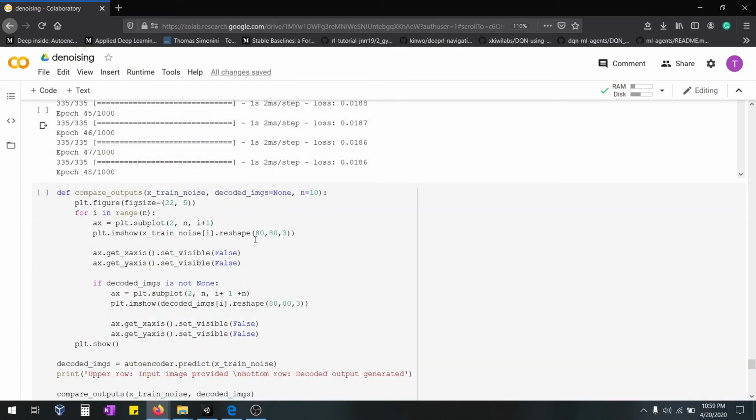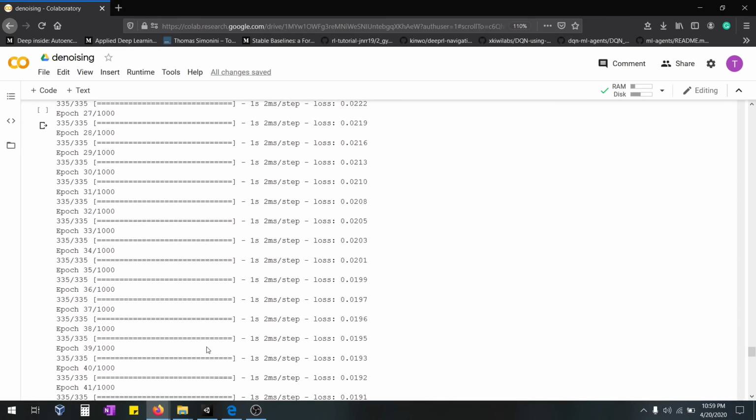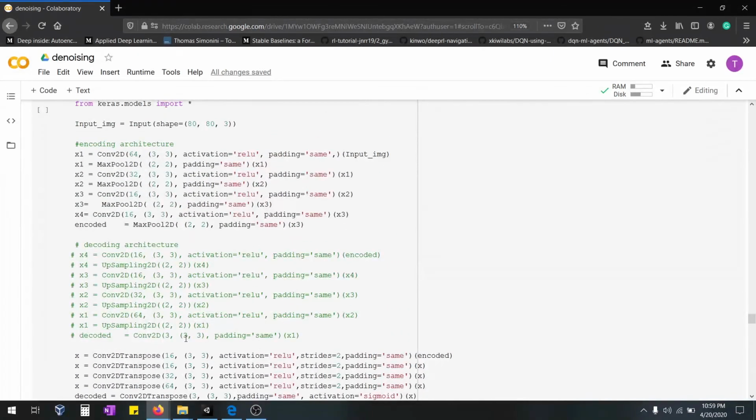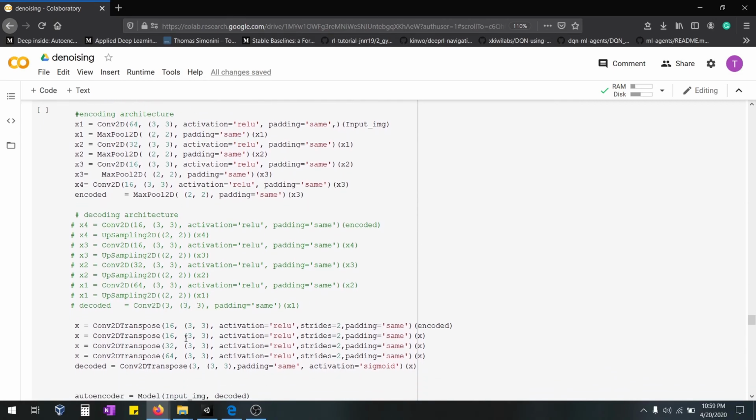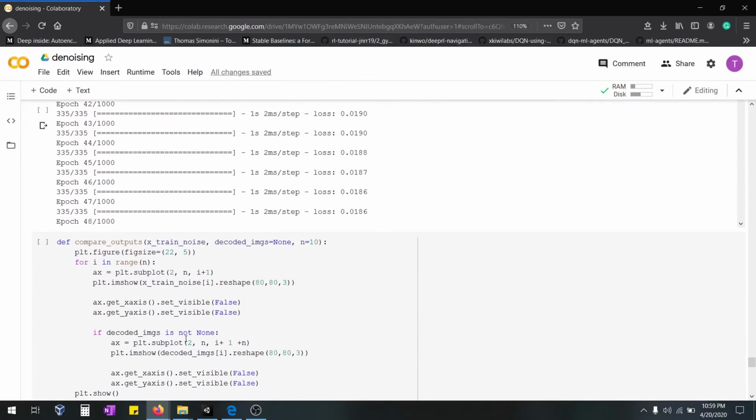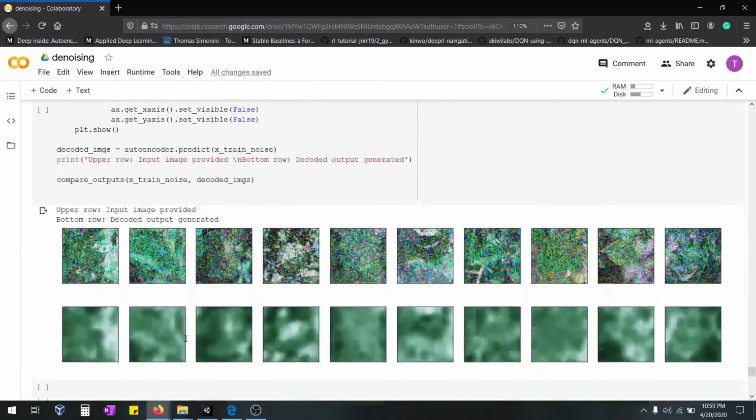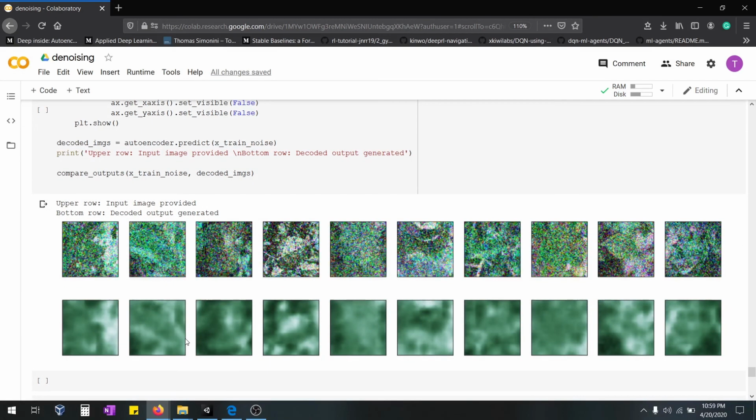In the official paper they use the fashion dataset, where the image dimensions are 28 by 28 by 1. Here we're using 80 by 80 by 3. You can reduce the image size and develop your autoencoder network also. But this is a basic scenario, a basic model of how we have to create an autoencoder to denoise the image: add the noise to the image with a separate function, create the autoencoder, train the model and visualize it. Okay, thank you.